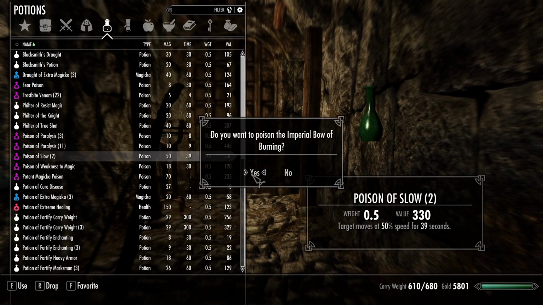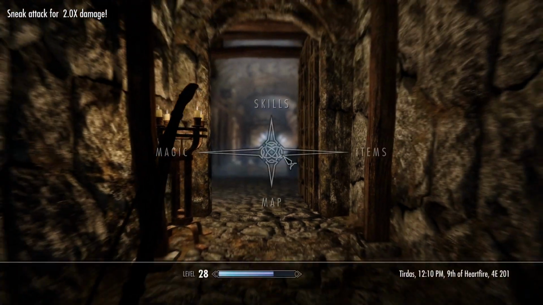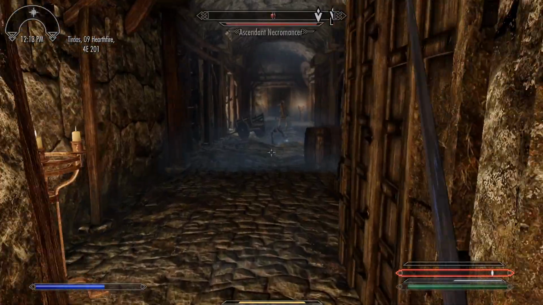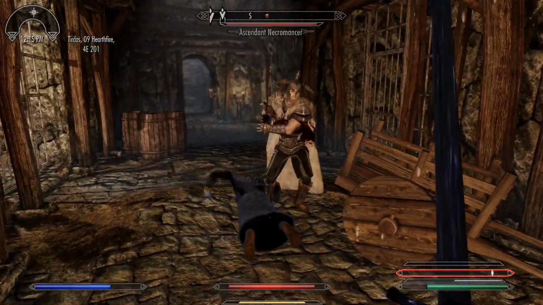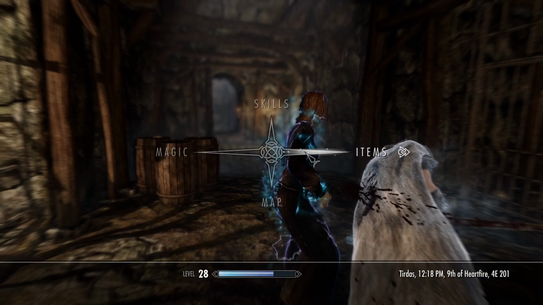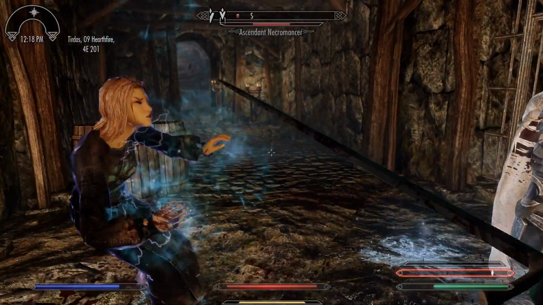Two more slows. Ascendant Necromancer. No. Okay, come on. We have to make this work. Sure to take this chick down. Alright, because this is really hard. She can be really difficult. So, Ascendant Necromancers are just...